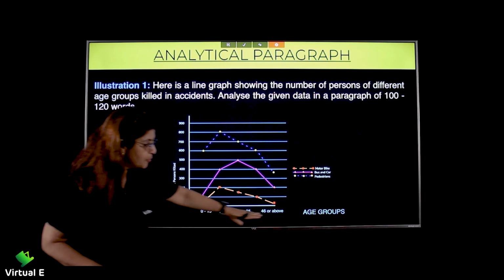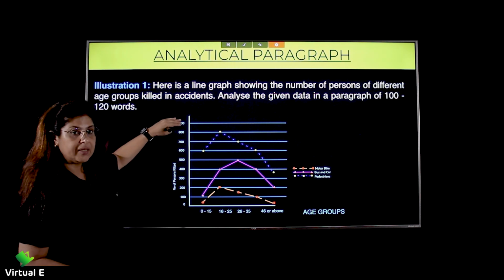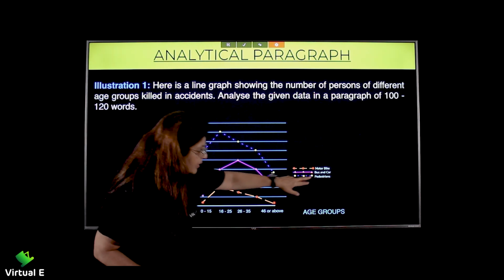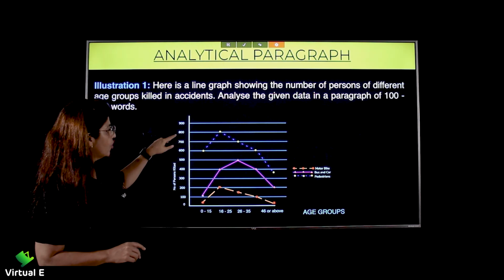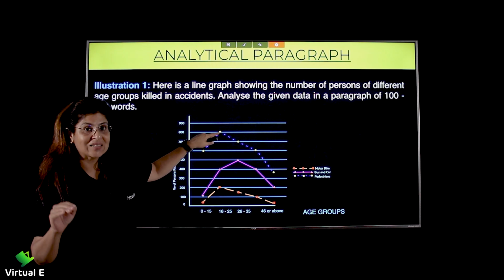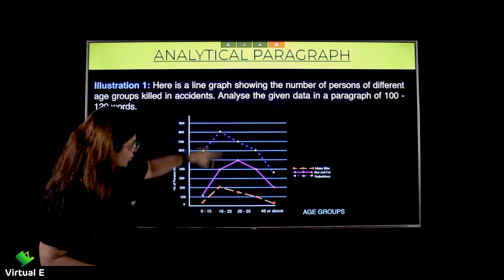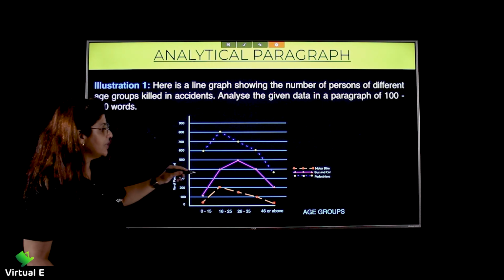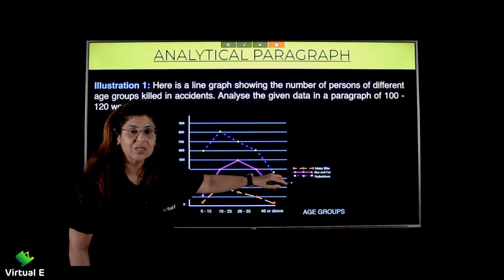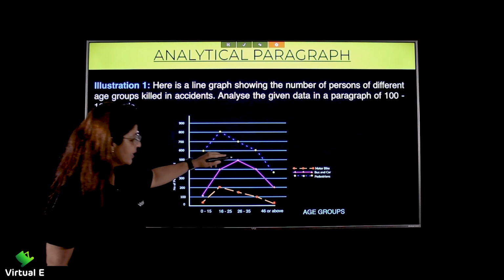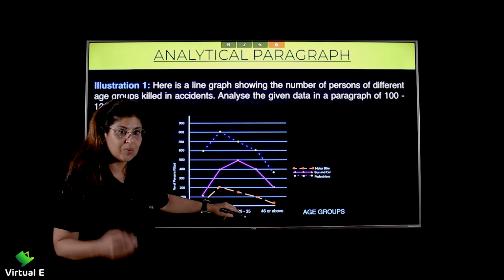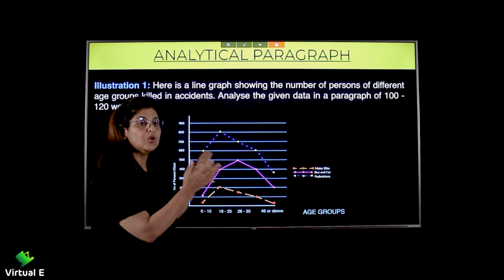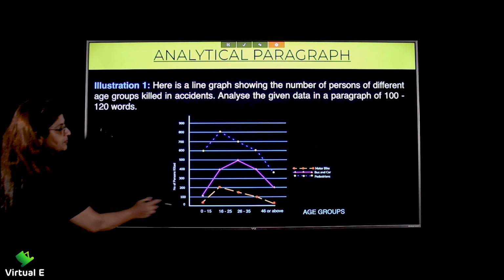Now, look at the age group. Okay, look at the number of people killed. Now, supposing, let's begin from here. Let's look at our pedestrians. My God, you have 800 maximum. 800 in which age group? If you look at this, it's 16 to 25, right? Then you have the next one, which is the bus and the car, right? Here you have in this age group, that's 26 to 35, right? So here you see further how we are going to put this into words.